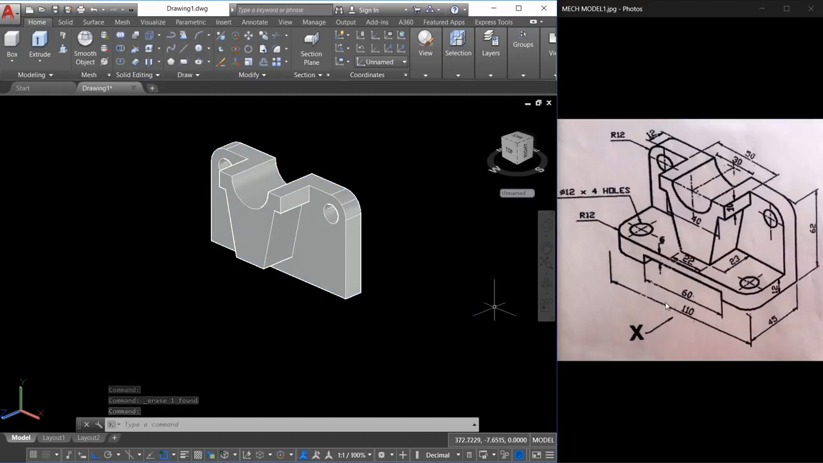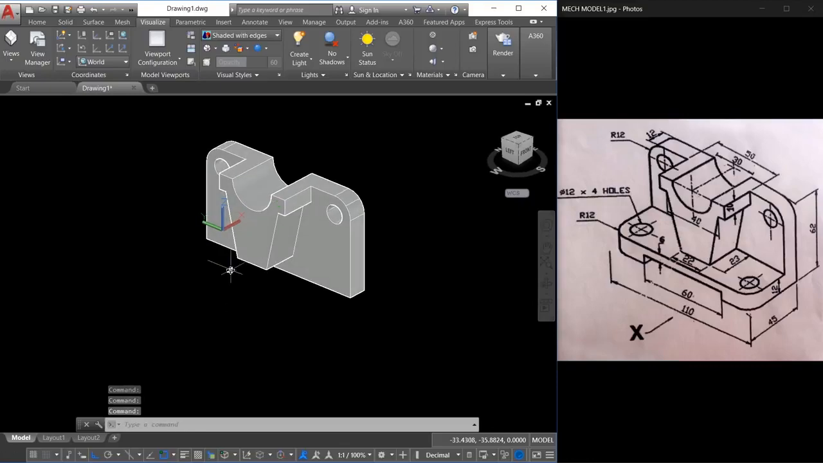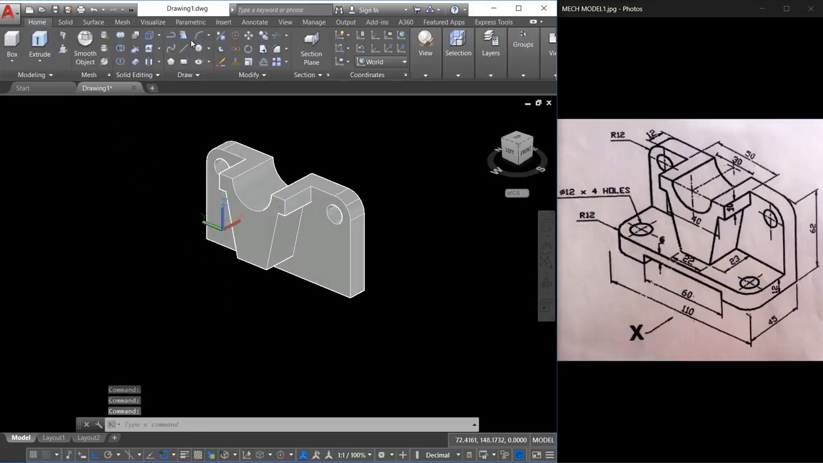For that you have to align the UCS with the base. So I'll go to visualize tab and align the UCS to the world so that it will go to base, and that is the best method to align the UCS with the base. Now I'll go to polyline,